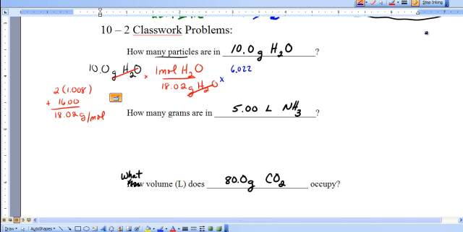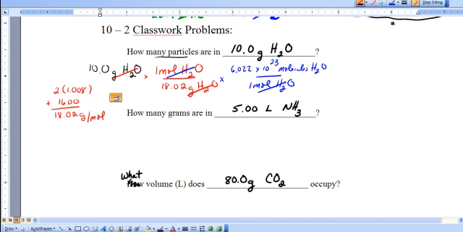6.022 times 10 to the 23rd molecules of water in 1 mole. We know that the Avogadro's number goes on top because we have to have moles on the bottom so that it can cancel out with moles on top over here. And it looks like we're ready to do the calculation where we have grams canceled out, moles canceled out, we're into molecules, and so it's going to be 10 divided by 18 times 6.022 times 10 to the 23rd, and